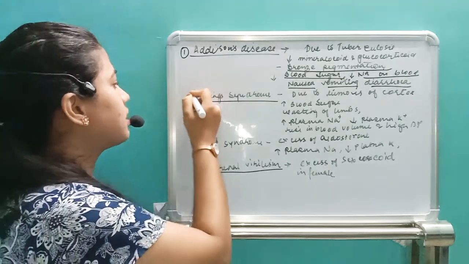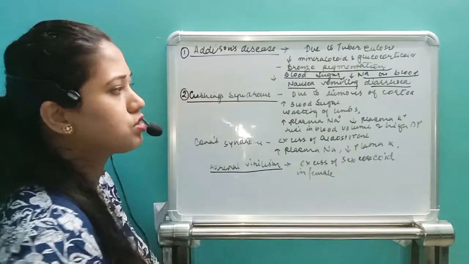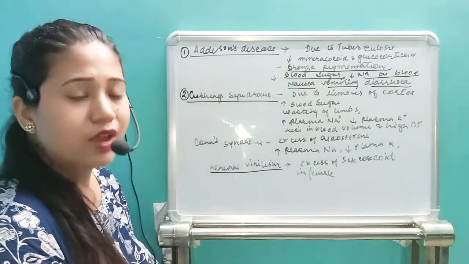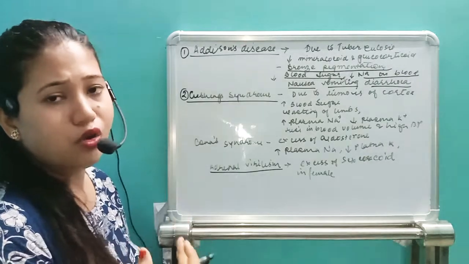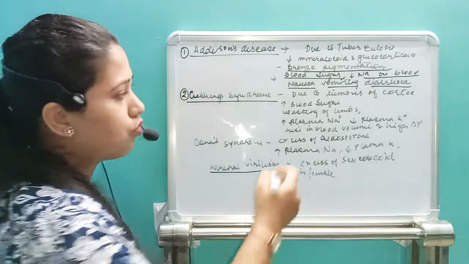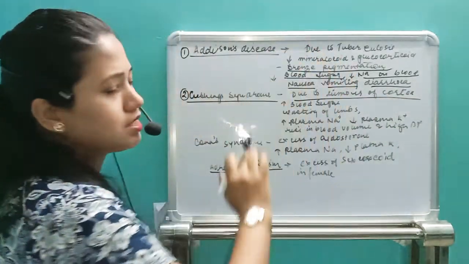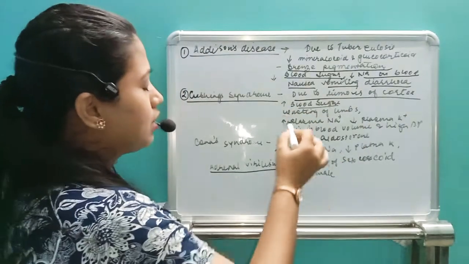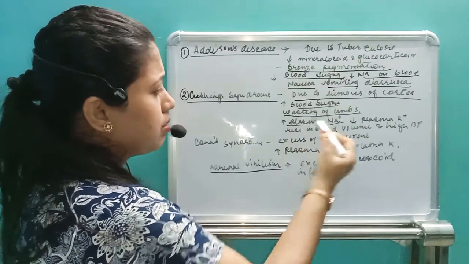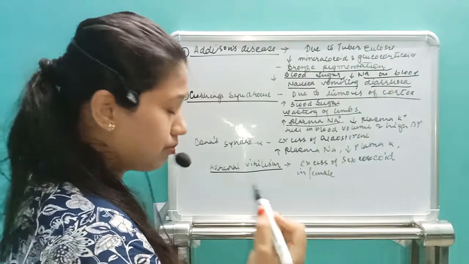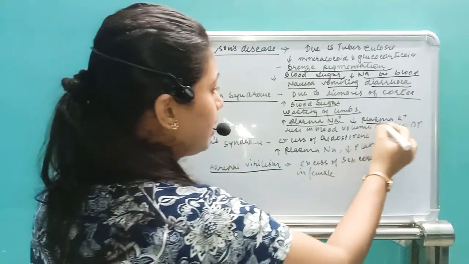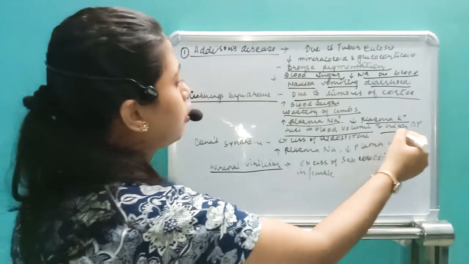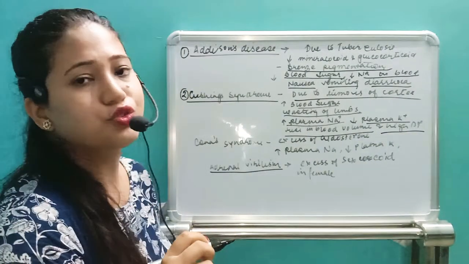Next, another disease is Cushing syndrome. The second disease is Cushing syndrome. Why does this happen? Due to a tumor of the adrenal cortex. So we start to release more and more mineralocorticoid and glucocorticoid. What will happen here is the opposite of Addison's disease. In this condition the blood glucose level will be higher, which can cause wasting of the limbs. We will see a high level of sodium and a low level of potassium in the plasma. We can see high blood volume and high blood pressure also. This is called Cushing syndrome.